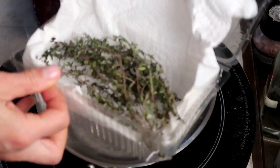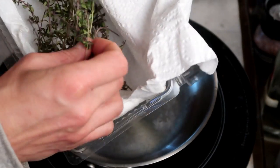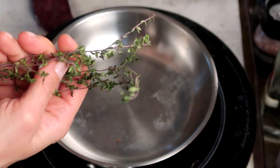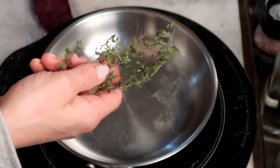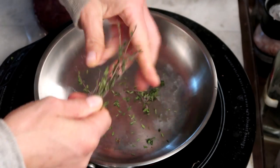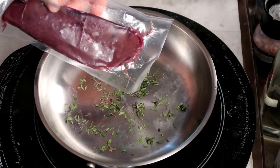All right, for dinner, I have some thyme that I picked from my garden like 2 months ago, and it's completely dried in the fridge. It's like the perfect fresh dried thyme. Fresh dried, that's an oxymoron, but it's got more of a fresh flavor than the thyme you buy. I love it. I try once a week to have liver,